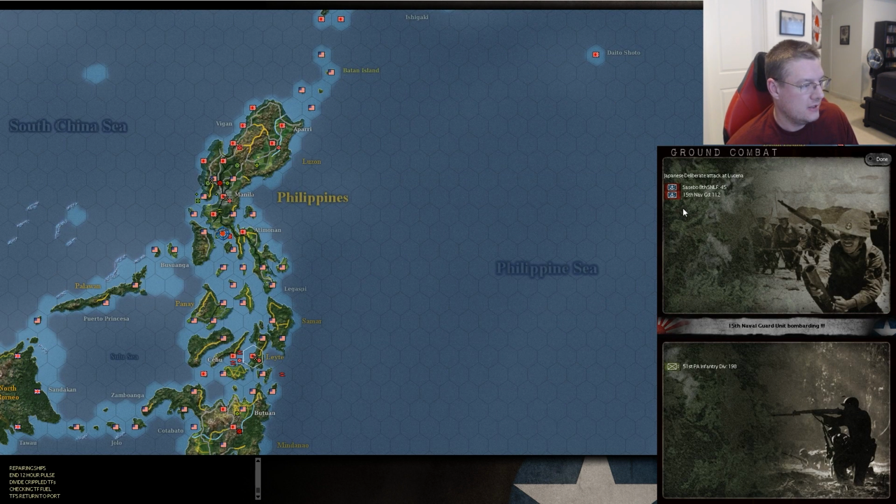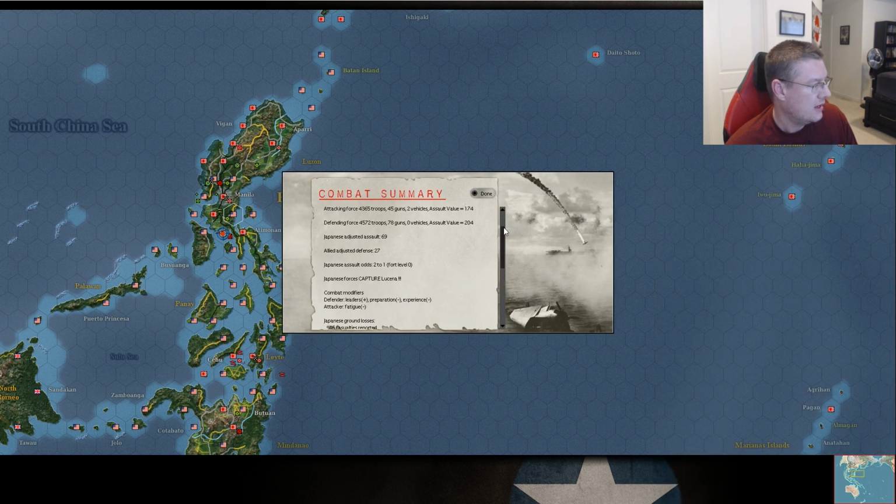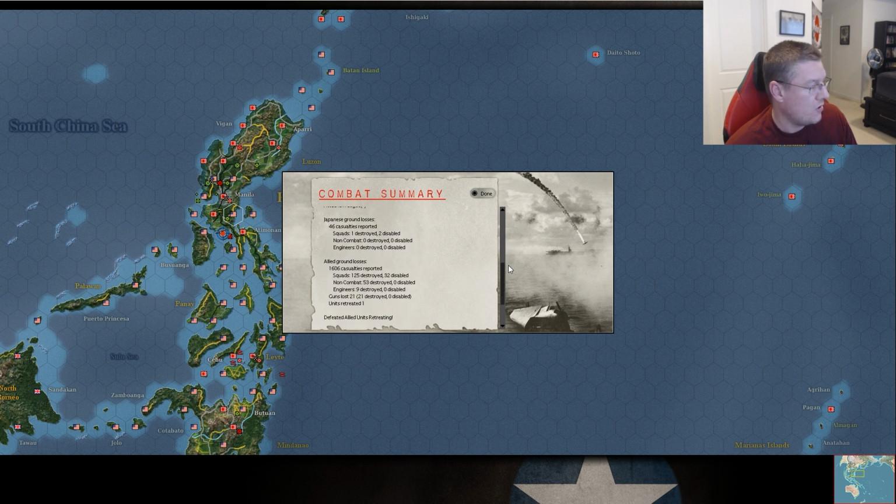We attack at Lucena. We've got a naval guard, 2 naval guards, or an SNS and a naval guard, one of the jumbo-sized ones. It's a Filipino division. It's like one of the bigger ones too. Yep, we'll capture that and we'll push them out, and then they head to Mabon. All right, very nice. 1 destroyed, 2 disabled on our part. Oh yeah, very nice, very nice. All right,